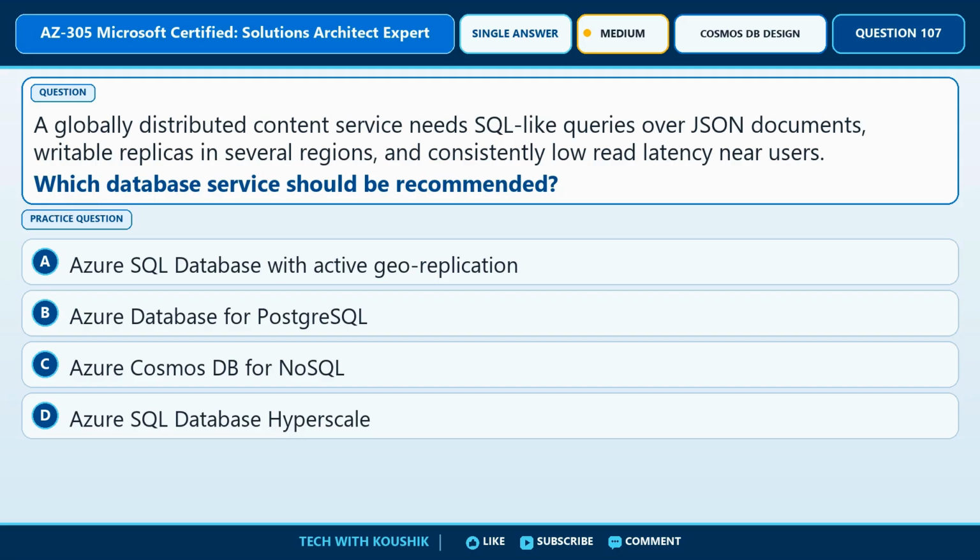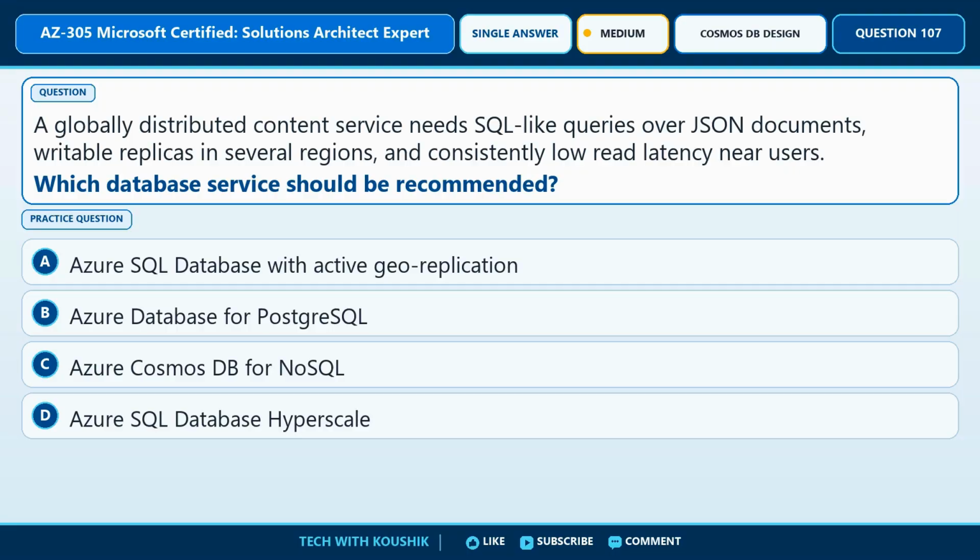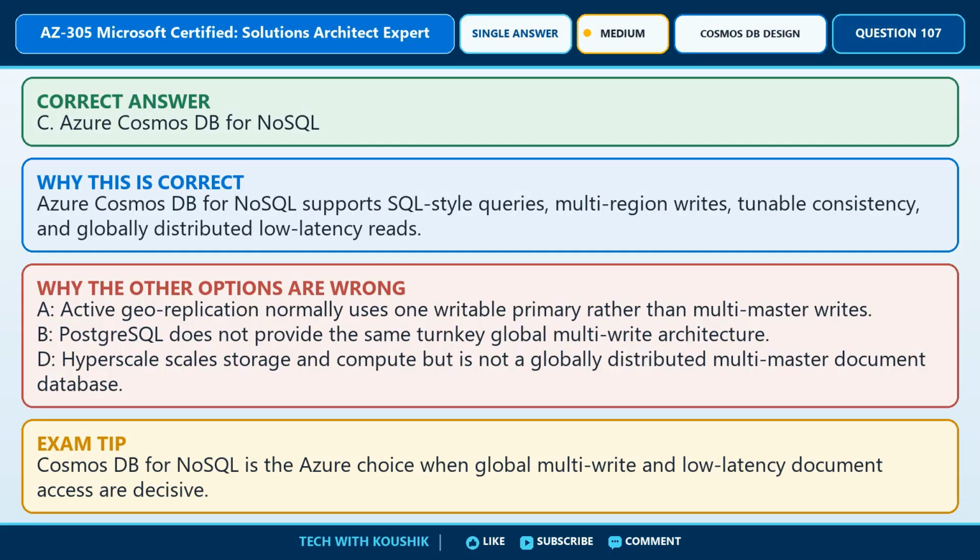Compare the following options. Option A is Azure SQL Database with active georeplication. Option B is Azure Database for PostgreSQL. Option C is Azure Cosmos DB for NoSQL. Option D is Azure SQL Database Hyperscale. The required response is Option C, Azure Cosmos DB for NoSQL. The requirement is satisfied because Azure Cosmos DB for NoSQL supports SQL-style queries, multi-region writes, tunable consistency, and globally distributed